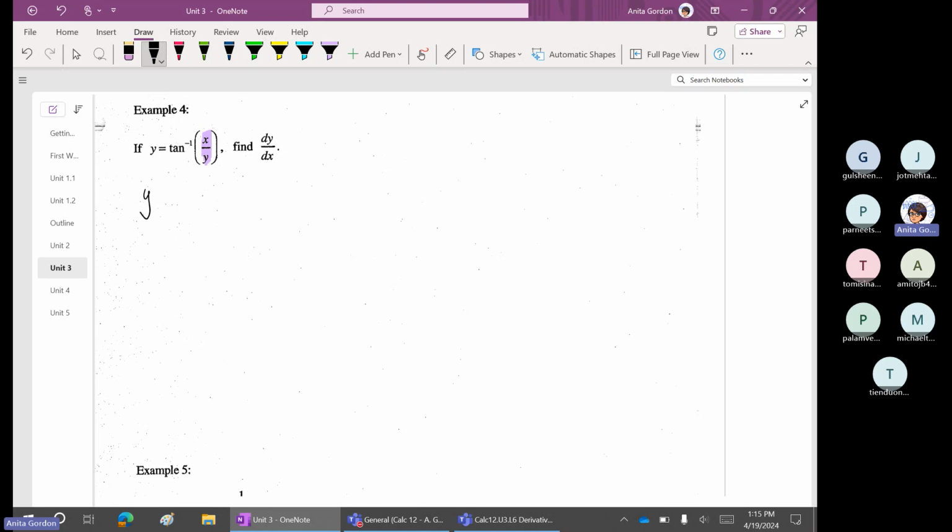On the left, we just have y prime equals the derivative of inverse tan, which is 1 over 1 plus the inside squared, x over y all squared, multiplied by the derivative of the inside, which is a quotient rule, right? And quotient rule says we start with the derivative of the bottom, y prime, top unchanged, minus the bottom, derivative of the top,